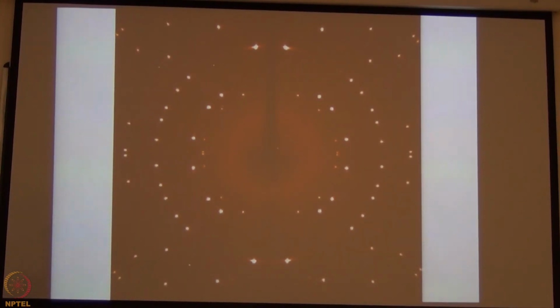So if you take a rotation photograph of a crystalline material, you will get something like that. For a triclinic system, you may get a large number of spots. For cubic F, sodium chloride is FCC, you will get fewer spots like this. But always, whatever you get is going to be symmetric, it will be centrosymmetric. In the case of triclinic, you will only see the center of inversion. Right? So we will stop at this.